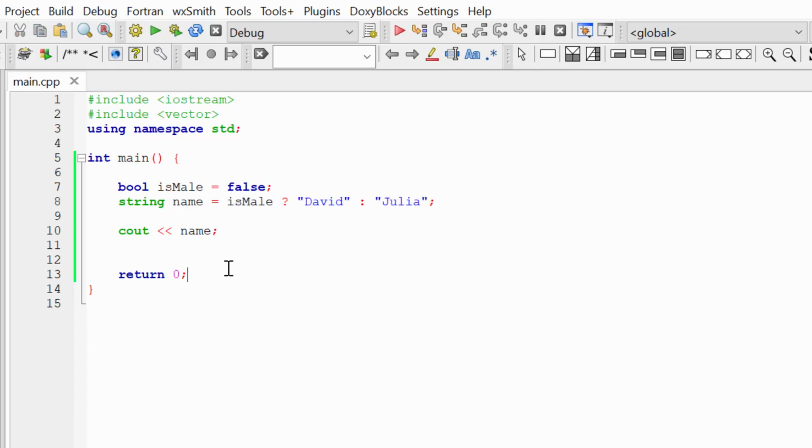Okay, this is it, guys. It's all I wanted to show you in this lesson. I hope it helped you a lot, and now you can use if-else statement and if-else-if statement. You can use the condition operator. Now you know about the logical operators, you know about the comparison operators.